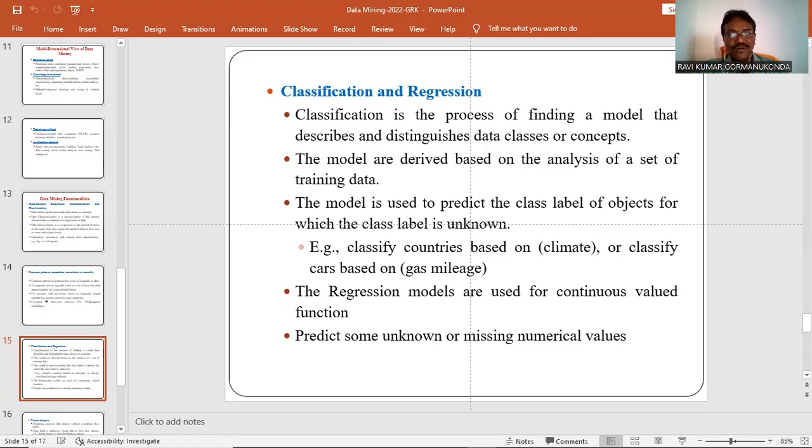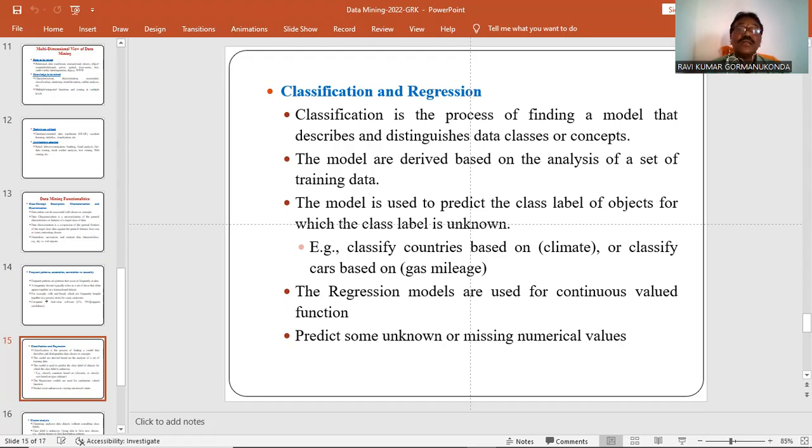At the time the training data is given, the label is also given, for example for diabetes, under what conditions it is positive and under what conditions negative. Based on this training data, the label is known, and then we construct a model. The model is then used for unseen data where the label is not given, and the label is predicted by the model. So this is classification.